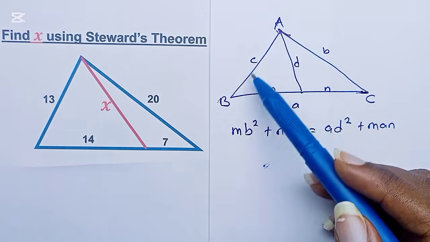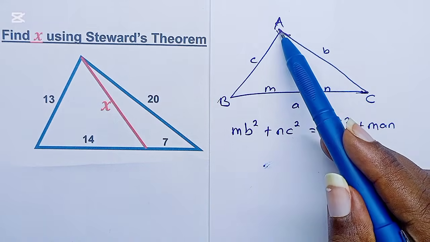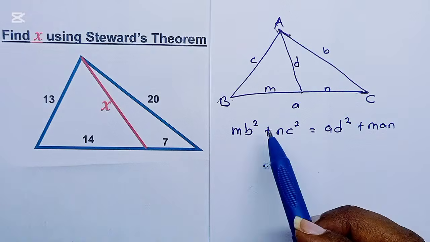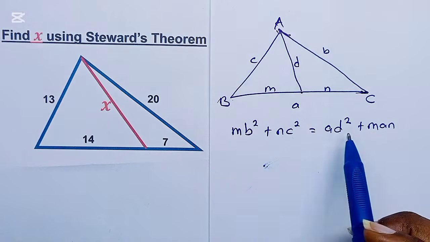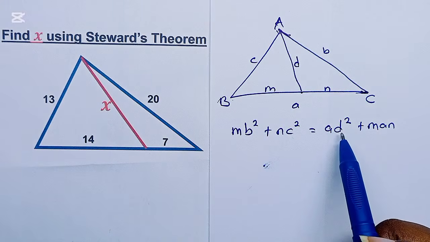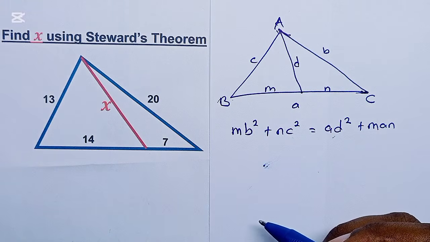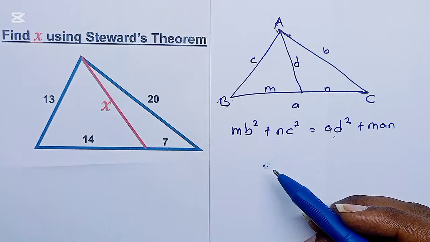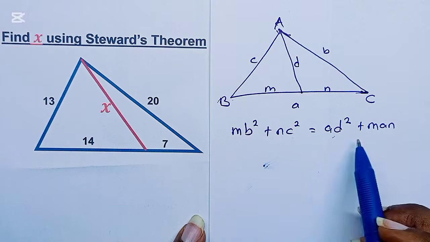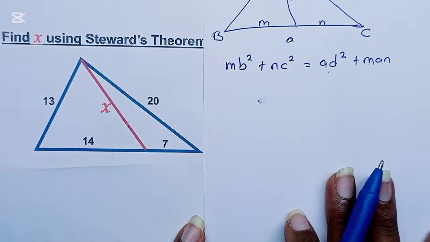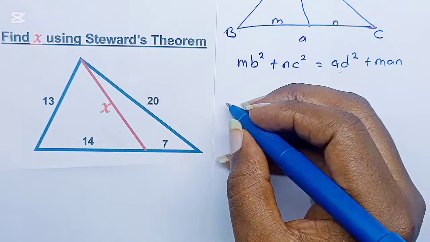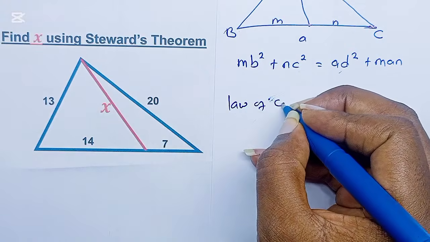Now focusing on these side lengths that are going down, side C, side D, and side B, we can see that in our formula, they are all squared. So B is squared, C is squared, and also D is squared. Before we go any further, let's first prove Stewart's formula, why it comes to this. We're going to use the law of cosines, okay? So the law of cosines,